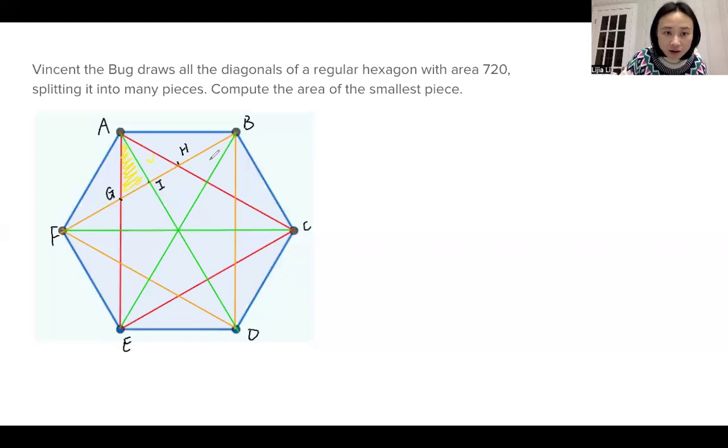same as this part. So we have, I think, 6 times 2, 12 congruent small triangles. Those are the smallest pieces. Next, how can we find the area of this one? We can write down here, the area of the triangle AGI is half of the area of triangle AGH because AI is the perpendicular bisector of GH by the symmetrical property of the regular